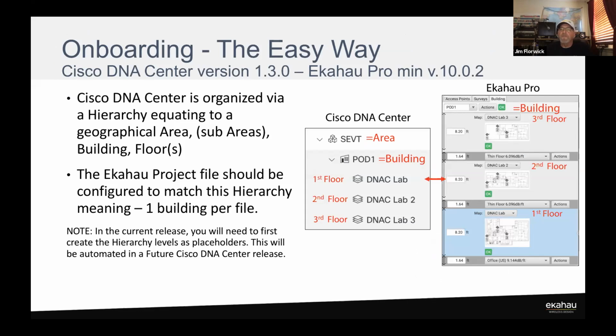And the number one thing for DNA Center automation is its hierarchy. So we can have a global, and underneath of that, an area. You can even have sub areas, but that takes away from what we're talking about here. Within an area, I can have one or many buildings. And then I have floors within a building. So it's fairly straightforward. I've got global, area, building, and floors, which is all represented within an Ekahau project file